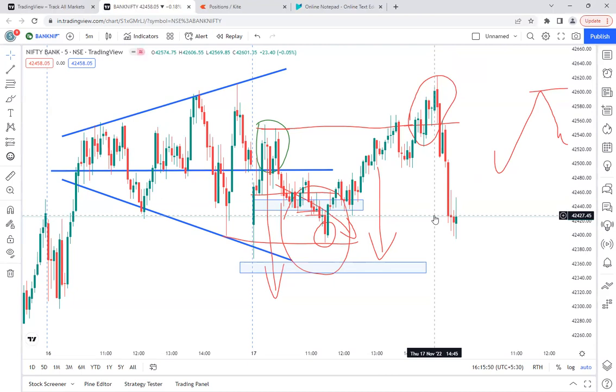Don't stick to the points where you have to buy or sell, or to the target, because in intraday it may change at any point of time, and drastically. You can see from here to here they fell down suddenly in just a span of 15-20 minutes. These kinds of moves happen in intraday. So two points: understand the price action during the day, and change the plan accordingly if required.